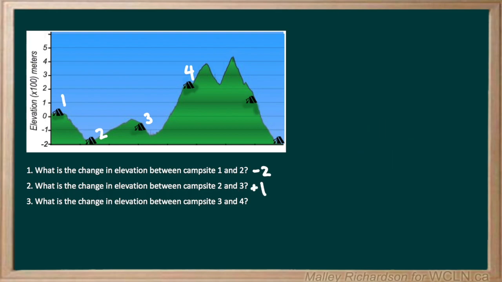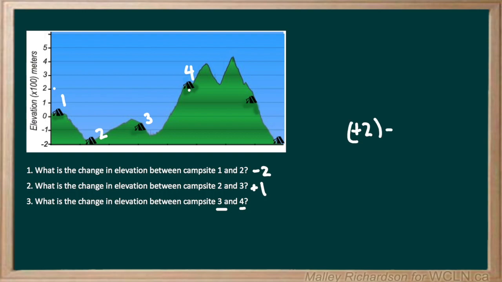The final problem asks for the change in elevation between campsite 3 and 4. So again, we want to find the elevation at campsite 4 and the elevation at campsite 3 and subtract them from each other. So using our graph, we go to campsite 4 and we move all the way along its axis to find the elevation is at +2. So we write +2,